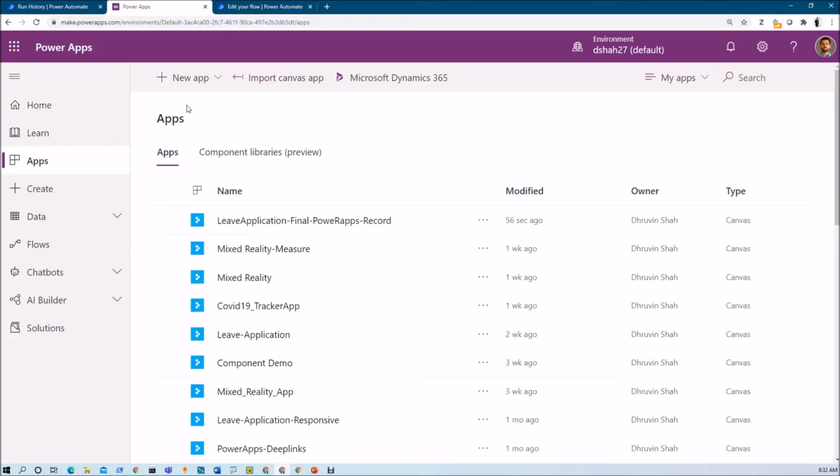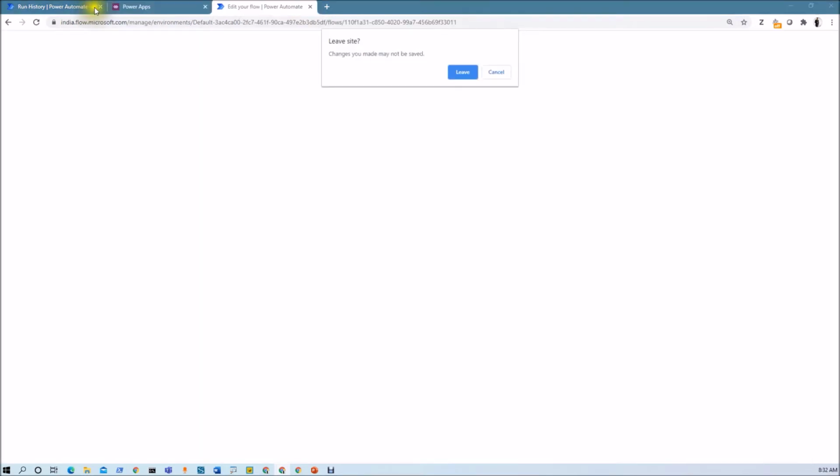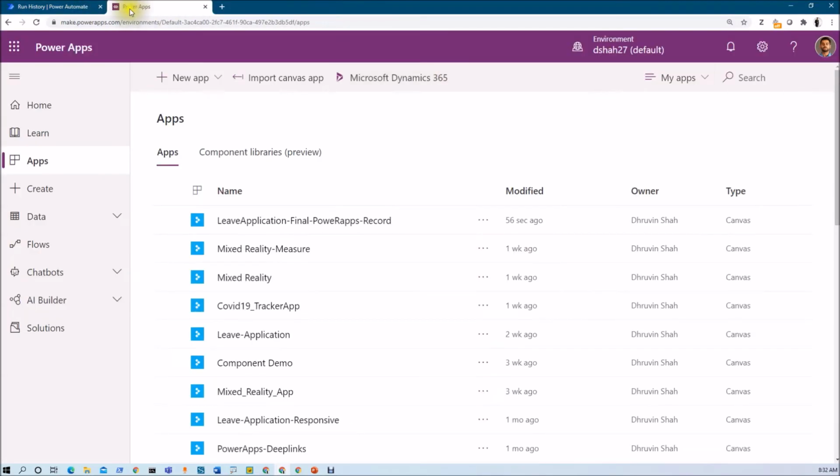On the second day, I came to the office and opened my application, and I realized that I deleted one of the Power Apps pages. So how can I restore that? For that, make sure that your Power Apps is closed first, right? Very important step. Your Power Apps must be closed. Also, you need to close all the available tabs in your browser as well. Otherwise, it will be considered as the app is opened in one of your browser windows. So make sure that your app is closed.